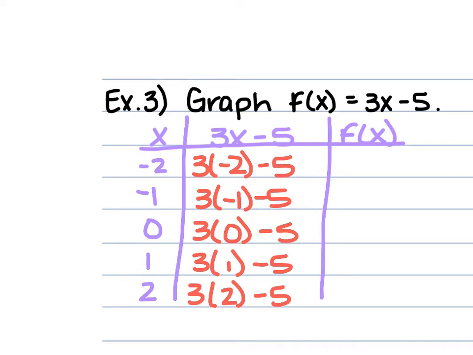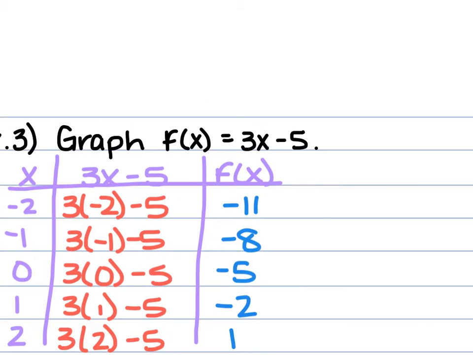So 3 times -2 is -6. -6 minus 5 is -11. 3 times -1 is -3. Minus 5 is -8. 3 times 0 is 0. Minus 5 is -5. 3 times 1 is 3. Minus 5 is -2. And 3 times 2 is 6. Minus 5 is 1. So we are given the ordered pairs here from these as -2, -11, -1, -8, 0,